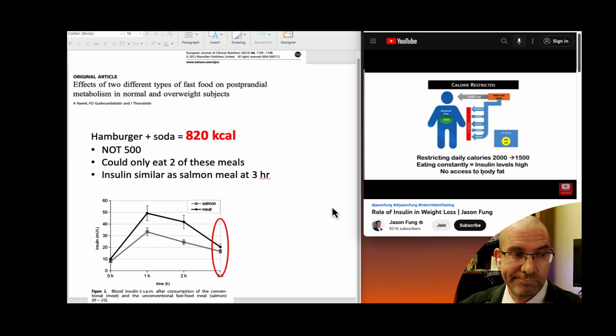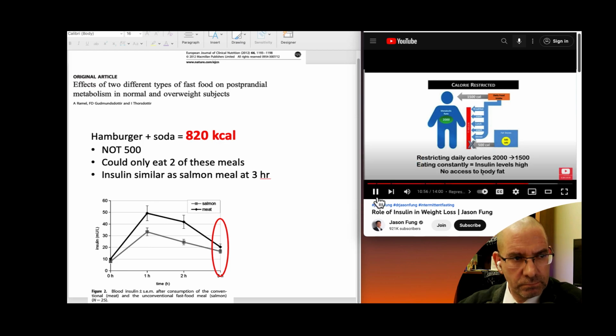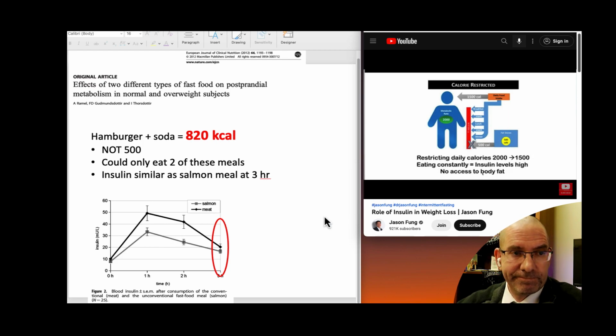This is not balanced. You have 1,500 calories coming in, your metabolic rate is 2,000. What you try to do is you try to take those extra 500 calories from body fat, but you can't, because the high insulin is going to block that. Yeah, high insulin. This is not high insulin. So it's not going to block it, in my professional opinion. So because it's not balanced, what's going to happen is that the only way you can possibly balance it is that the metabolic rate has now got to fall to 1,500 calories.